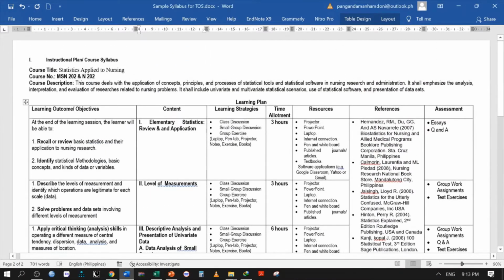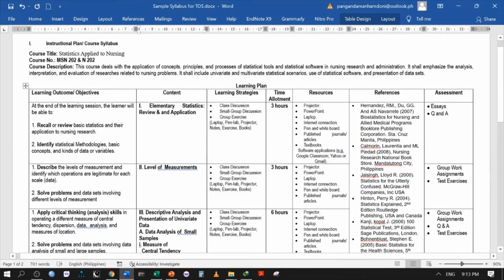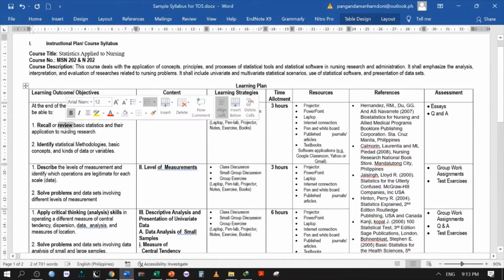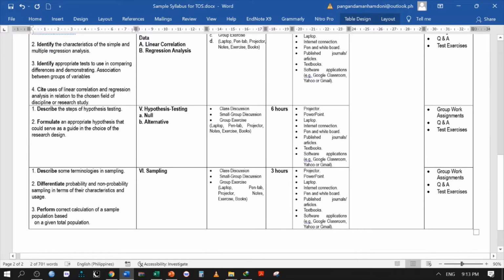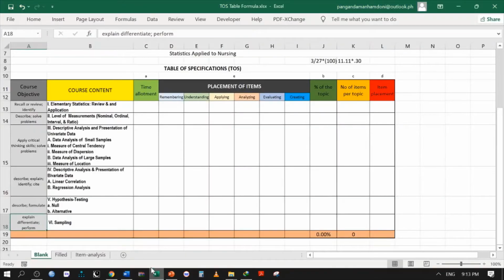So ito, kinuha ko lang yung mga keywords ng learning outcomes or learning objective ng syllabus na naka-pattern siya, na naka-align siya sa course content ng syllabus. So ito siya. After that, ilalagay dito yung time allotment,